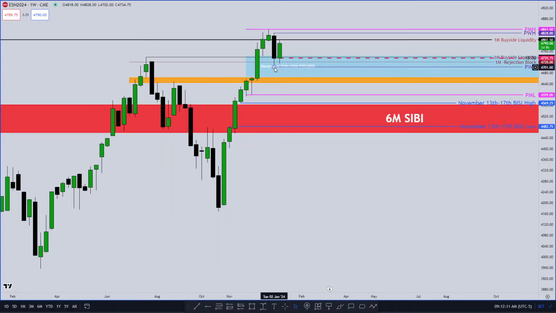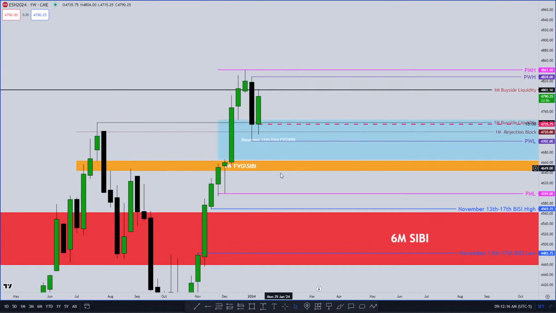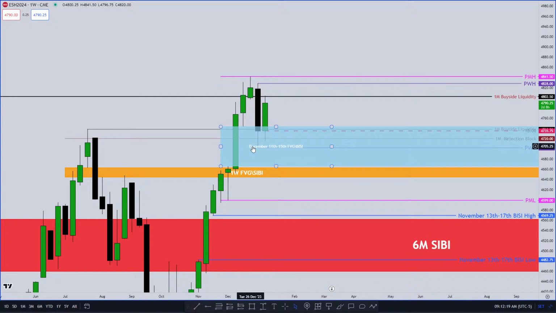Weekly, this is the previous week low and previous week high. I'll zoom in a little bit. So obviously we had this December 11th to 15th fair value gap BISI, and we did react off of that quite well using these levels like the monthly rejection block and the monthly buy side and this monthly buy side. So right now, first thing my eye picks up on is this was used as discount and this was used as premium. We've worked above the buy side, so it need not come back up above here, at least the previous month high, and